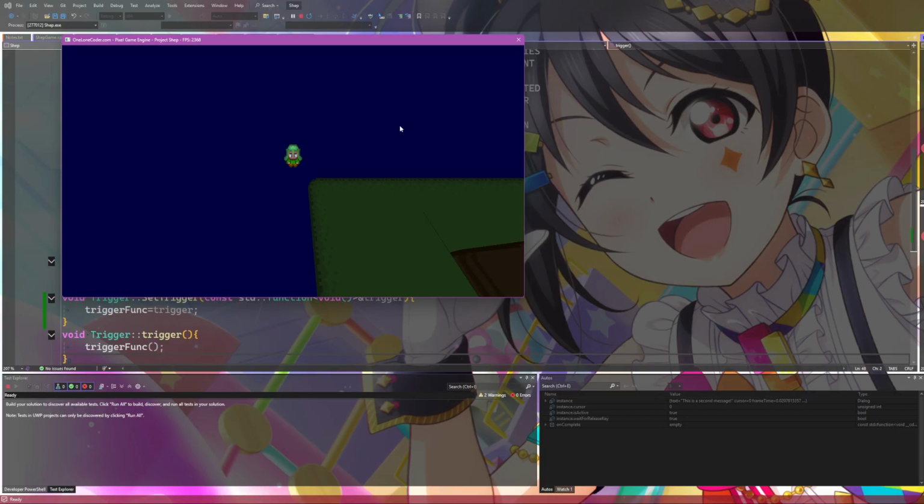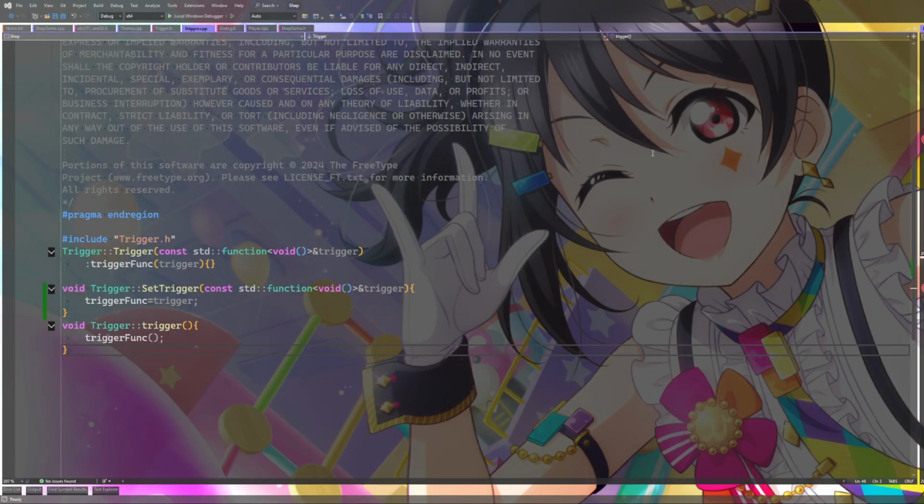Let me see. Text is this is a second message. So is active should be true. Wait for release keys, reset. Set a trigger. This trigger is a little different. Or, well, it's empty, actually, so there's not going to be a trigger after this. And then it should go to update and draw. But it doesn't. That's interesting. Why doesn't it do that?